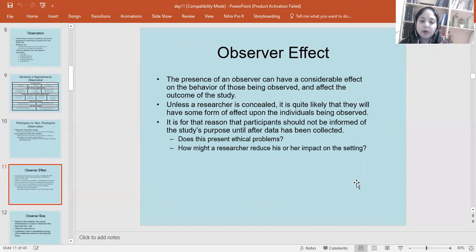One thing which is very important is the observer effect. Sometimes because you are being observed, your behavior changes, and you behave differently from your regular routine. For example, if a teacher is being observed in a class, the teacher tries to demonstrate the best teaching skills in front of the observer, and tries to portray